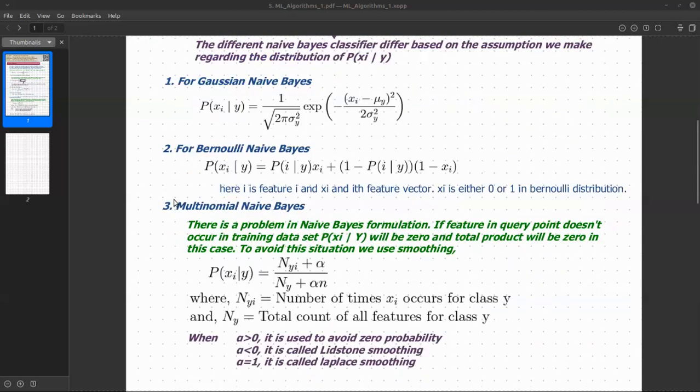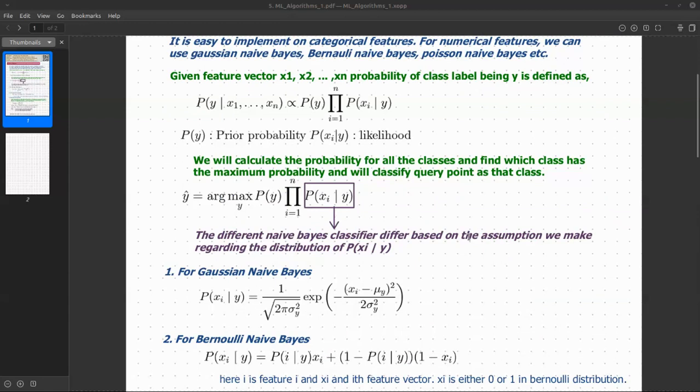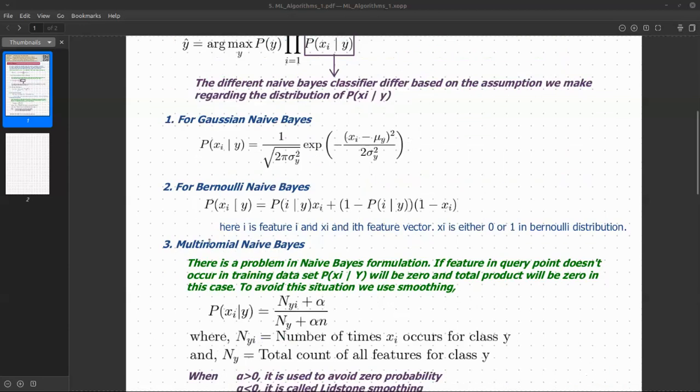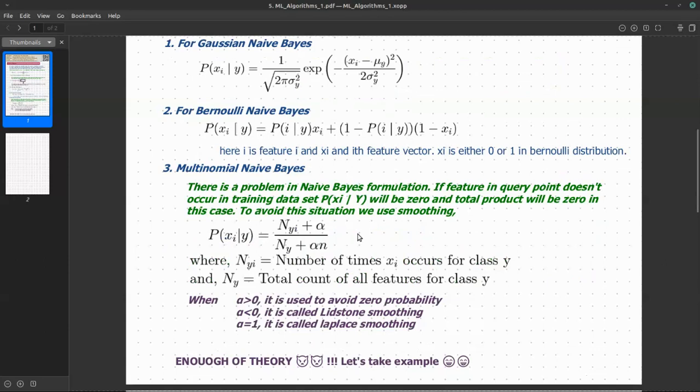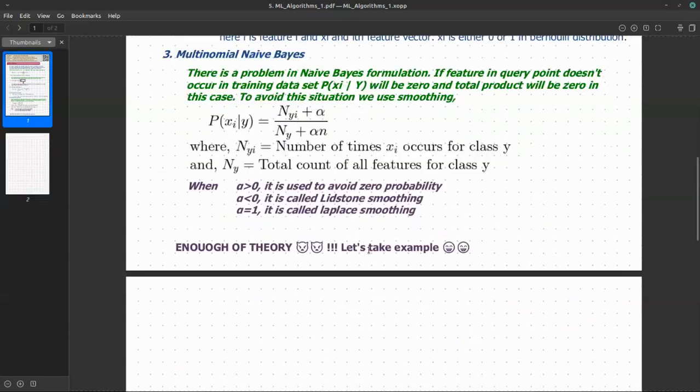And mostly we are using multinomial naive Bayes. If someone is saying simple naive Bayes, by default he or she is referring to multinomial naive Bayes. It was not included in our class. We just saw the binary form of naive Bayes, but if someone is saying naive Bayes, by convention it's multinomial naive Bayes. More than one variable you can have, right?